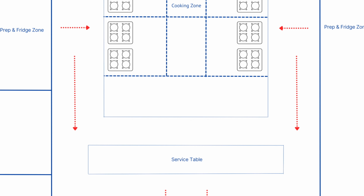Every restaurant modifies this layout, right? You can always modify where to install things, where to put things. And you can separate the walk-in fridge to a separate section. It's all up to you, but the key point of this layout is separating the cooking zone from the